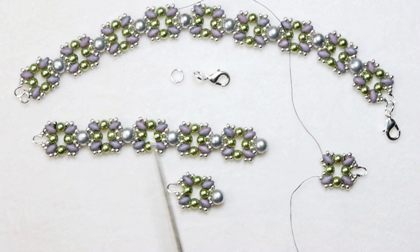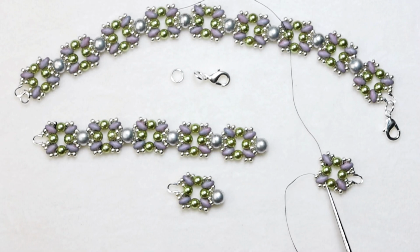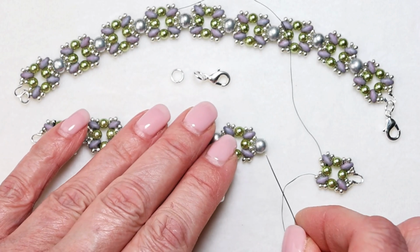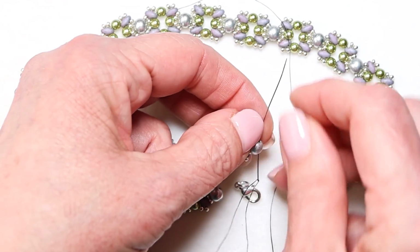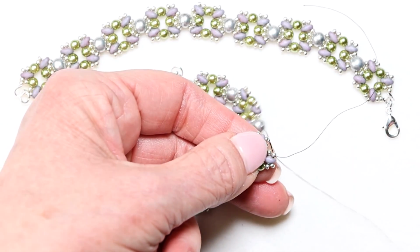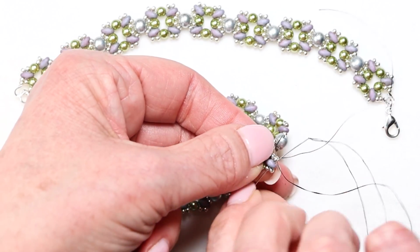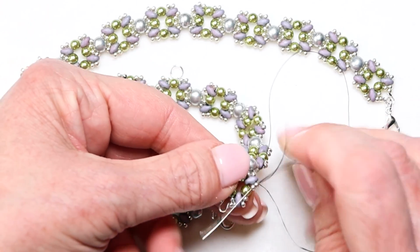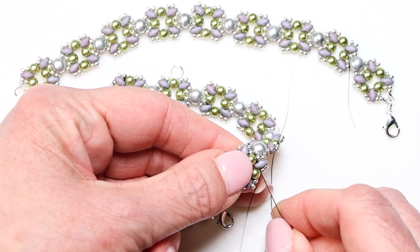So I created an abbreviated version of the bracelet, and then our last component that we're going to create is very similar to the first one that we created. The only difference is we're not going to add the round trio to the component, because we're actually going to connect to the round trio of the rest of the bracelet. So I am coming out of one of the 11-0s, and I'm going to connect to the outer hole of the other round trio. Then I'm going to go up through the one 11-0, through the top of the SuperDuo, down through the two 11-0s, through the bottom of the SuperDuo,